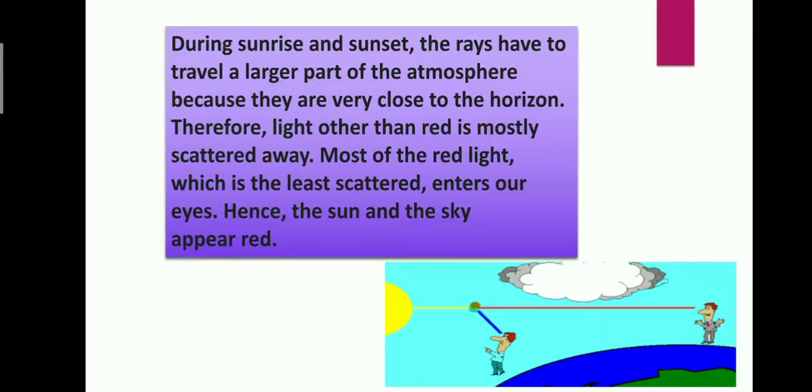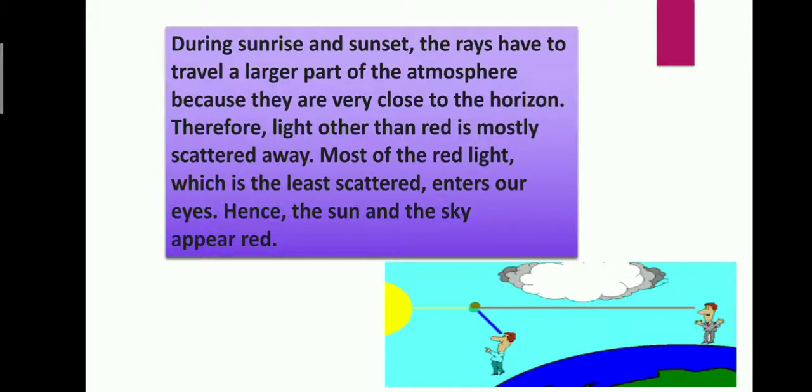So the reason for this is that the person who is witnessing the red color is very far away from the sun, and as a result the red light, which is least scattered, will travel a larger distance, so he sees the red color of the sky during sunrise and sunset. Maybe the sun is rising or setting for him, and the person who is witnessing blue color may be seeing the sun during noon time, maybe afternoon, 1 o'clock, 2 o'clock, whatever it might be, but not during sunrise and sunset.